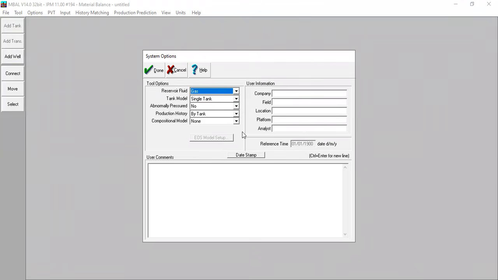So we will input the production history inside the reservoir model. And for compositional model, none. And you can also type in the user information, company, field, location, platform, analysis, and also your comments here if you want. Okay, we can close.